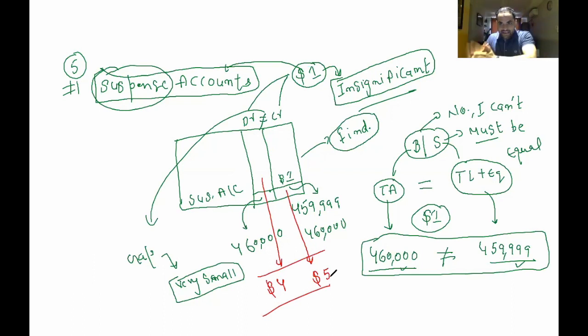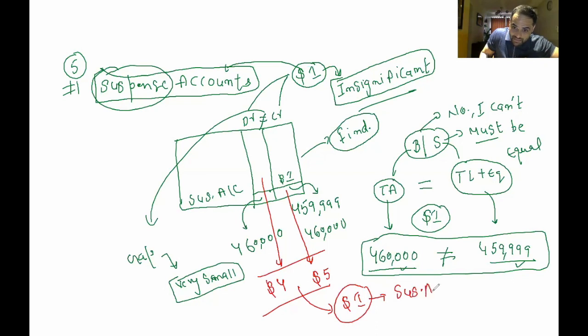My credit side balance is $5, debit side balance is $4. The difference is $1. Can I put this $1 in my suspense account? Yes or no? No, you cannot, because compared to these values, $5 on my credit side and $4 on my debit side,